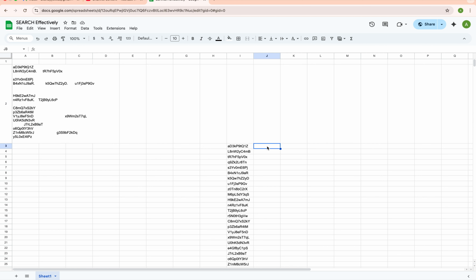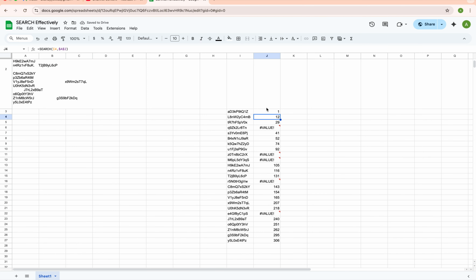Okay, the approach is to use a SEARCH function. It's going to give me the position within the cell where it is located, and it's going to throw me a number. So let's see, I want to search this entry with respect to those within this cell. Like I told you, my best practice is to lock the columns or the rows or the cells that I'm working with. So I've done that, and when I hit enter,